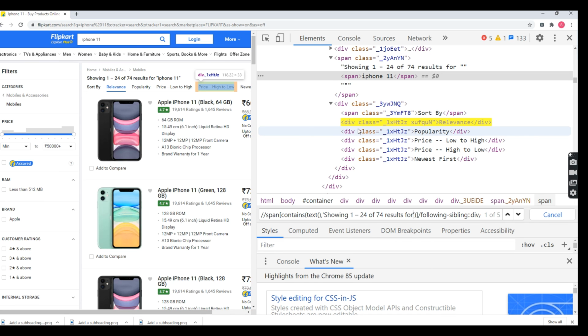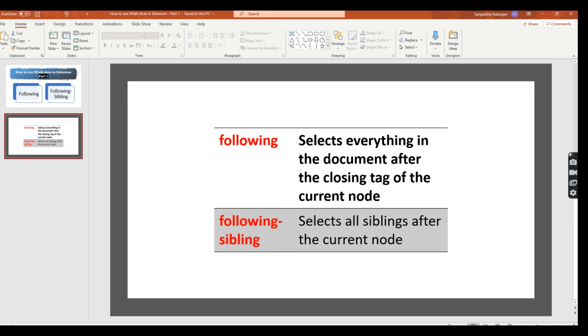Like that you can remember. In the theoretical part, when you refer to it, only then can you easily understand the closing tag. Once the current node is closed, it jumps to another node also. Following sibling selects all the siblings after the current node. This is the difference between following and following sibling.